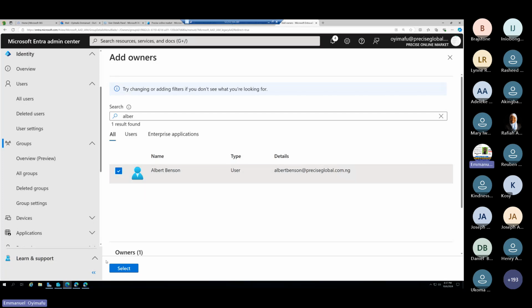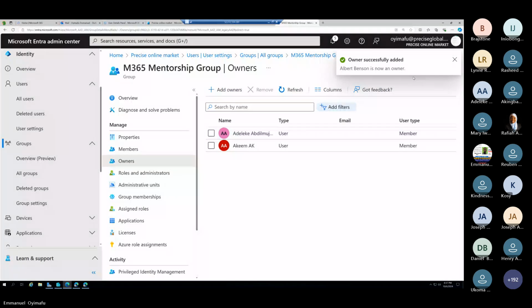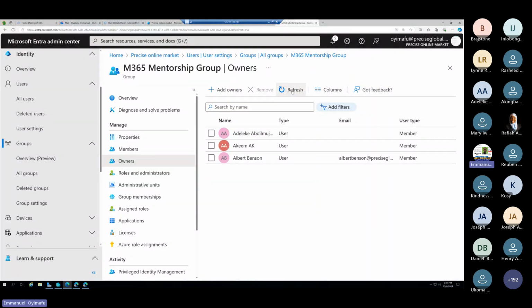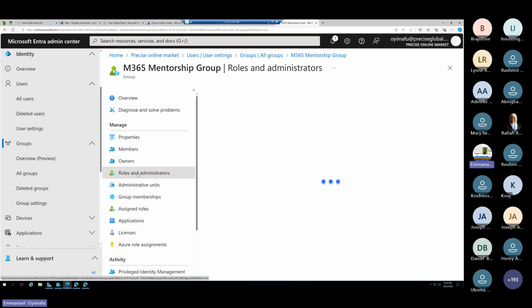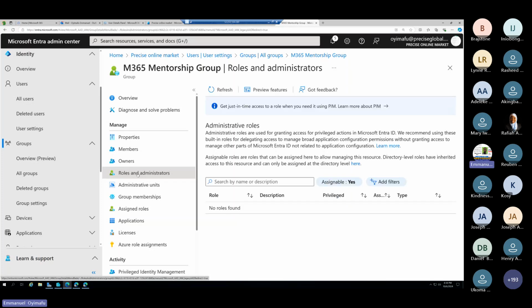Select. So you could add someone who is a member and also an owner. I just want us to get that you could have somebody here that is an owner and also a member of the group. If we click on roles and administrators now, we'll see that there are no roles assigned